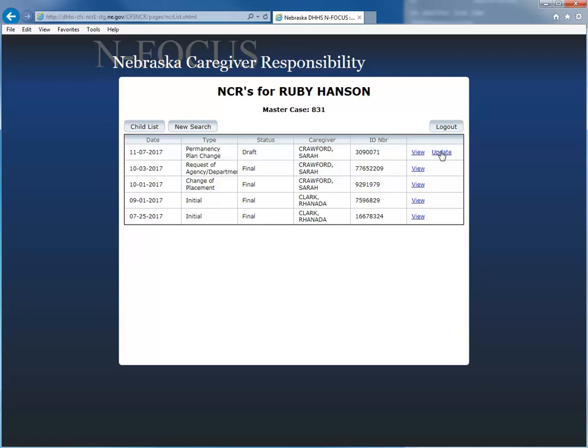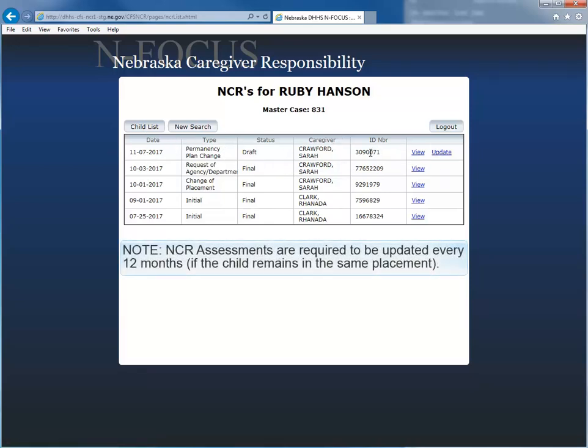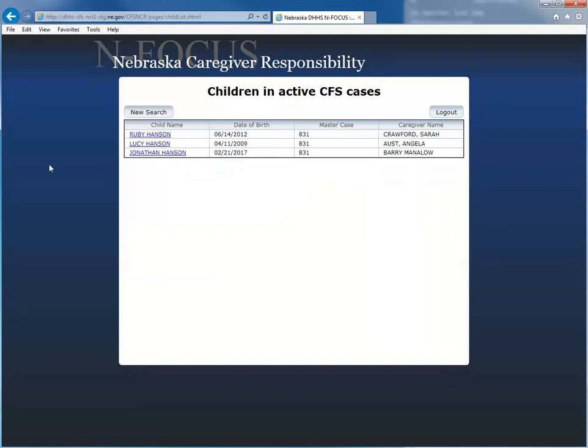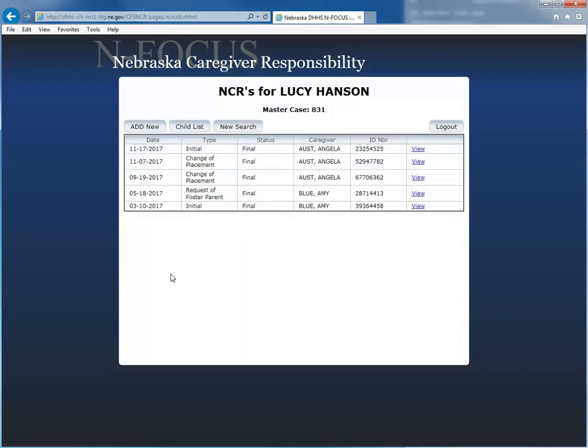You aren't able to create a new NCR while you have one in draft status. So in order to create a new one, you'd have to update this one into final status, but we just wanted to show you what that looks like at this point. So if we go back to Child List, this Child List button takes you right back to the list of all the children in that master case. We're going to go ahead and jump into the Lucy Hansen NCR. So if we click on Lucy Hansen, you'll see that she has, looks like 5 final assessments,